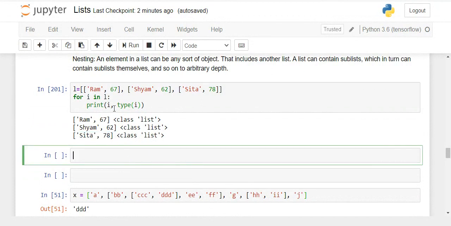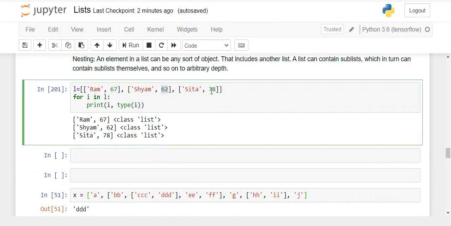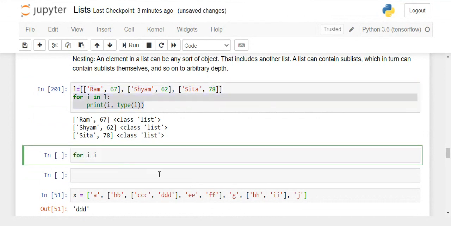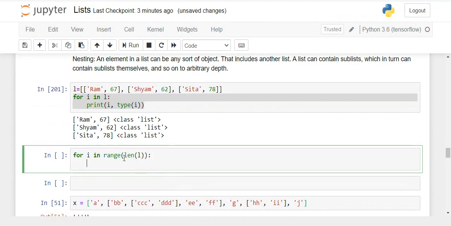Now I am saying you need to find the average of these numbers. In order to get the average, you have to retrieve this particular element from the entire list. So what you have to do is for i in range(len(L)), as we do in a normal list. Now when you use the range function, i becomes 0 initially.